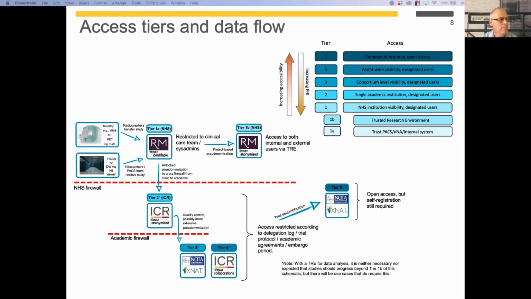So our ability to spin up multiple XNATs as and when we need makes it very easy to establish an environment where it's easy to manage the flow of information in our research. Depending on the information governance framework for any individual project that we might be involved in, we can locate our research data either on a server within the National Health Service or within our academic institution, or potentially make it more widely available for things like Kaggle challenges and so